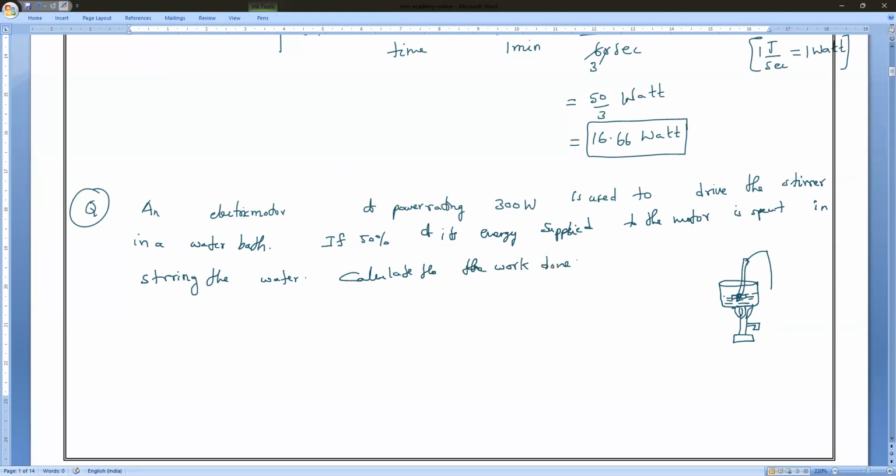Every question needs to initiate the thinking capacity of you. That is the purpose of why I am working and why you are working, and why your parents believe the same. So calculate the work done on the water